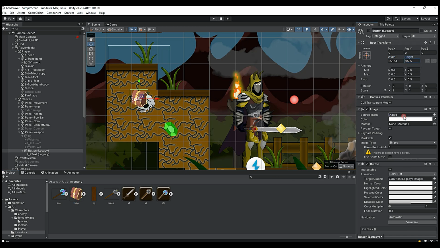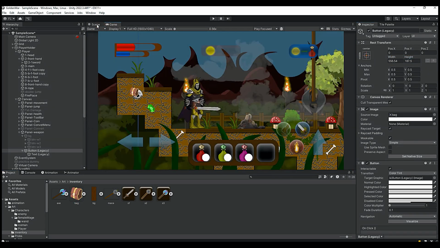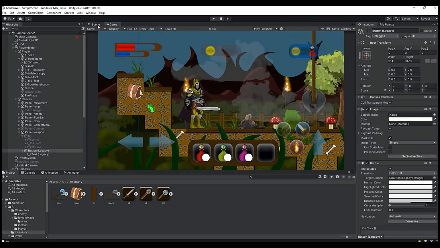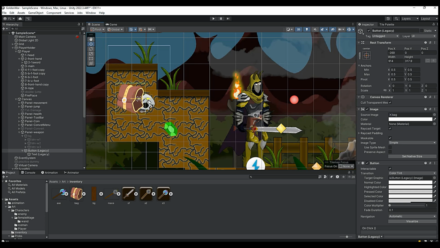Give this to this picture. It's very small. The color,